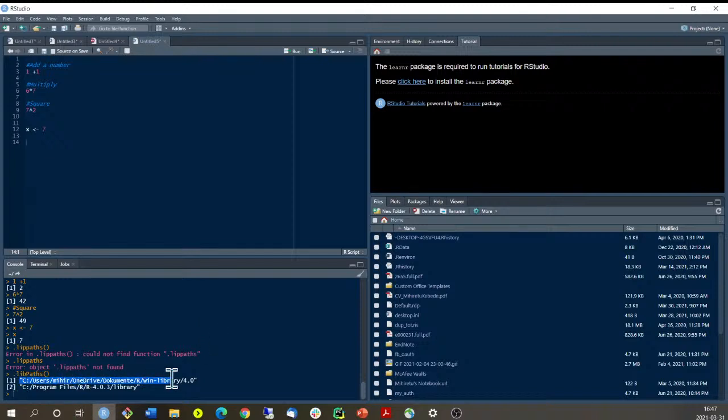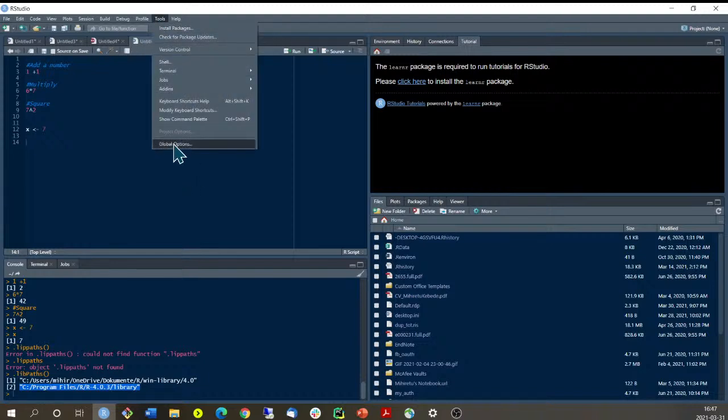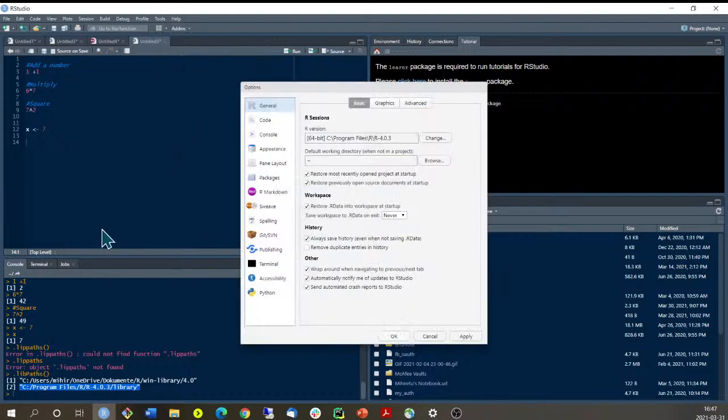So these are my two folders where I can install my package, because I have two different R versions, because I have R 4.0 and 4.0.3. I can actually run, I have two different R versions, but I can only run one R version in RStudio. But if you want to change, let's say if you have multiple different versions of R installed on your PC, and let's say if a package is not available, let's say for the earlier version or later version, so you install it